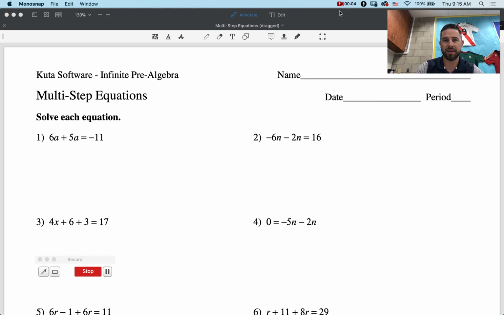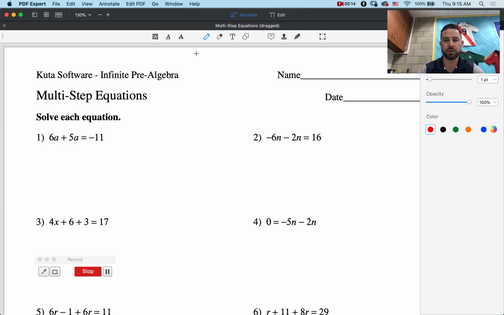We are back for the second part of our lesson on solving equations. And I just want to make it super clear that when we are entering our answers, they should look something like this. For the first problem,